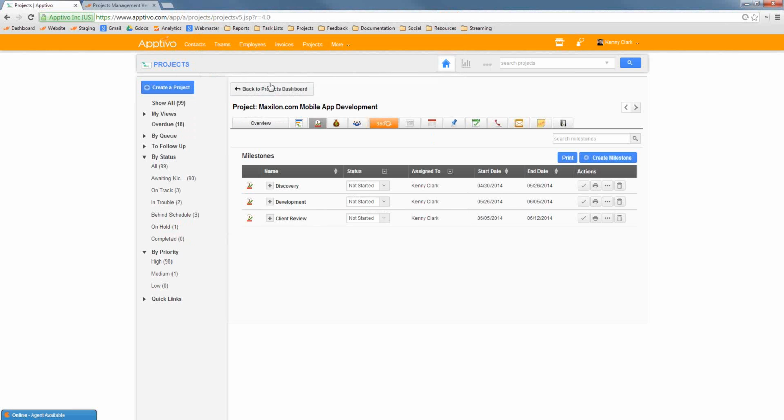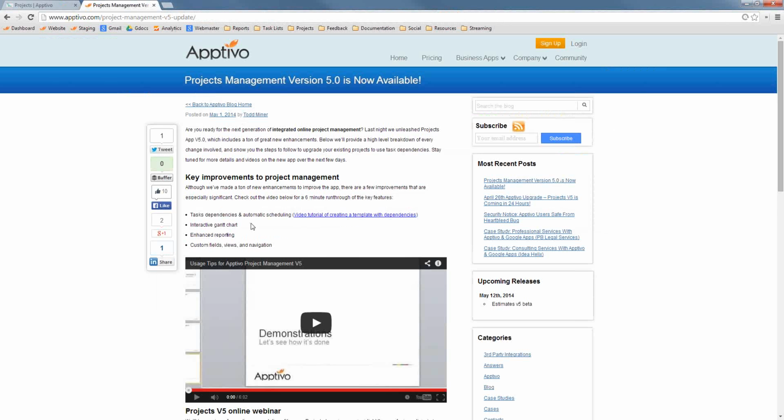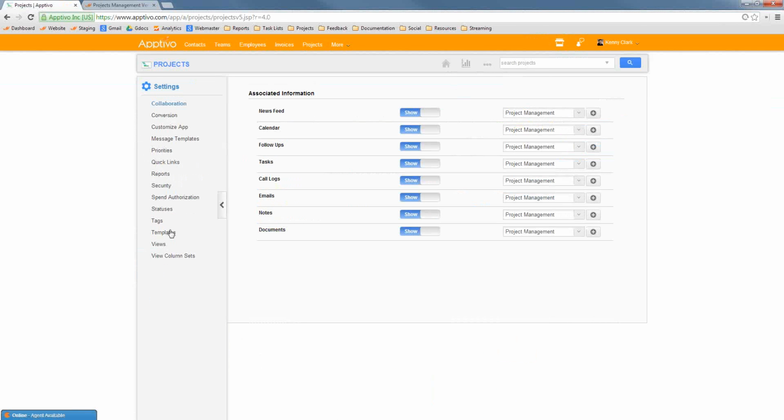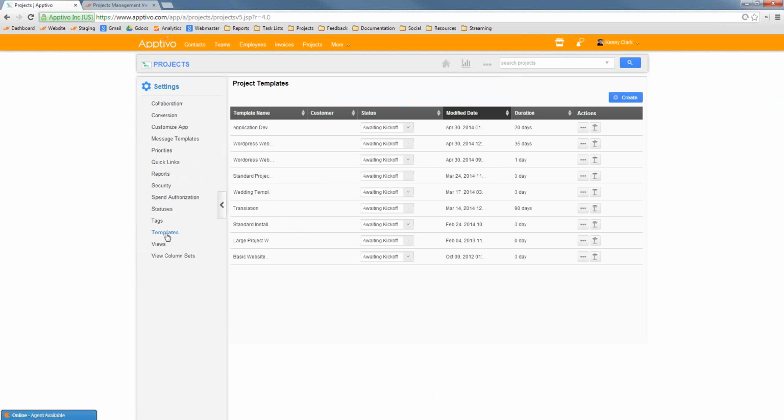Okay, so that is the Gantt chart and task dependencies. By far and away, those are the cornerstone of what Projects V5 is. If you are an existing user, there's going to be a process of going through your existing projects and adding in these dependencies. And you'll see that they definitely integrate with the templates. So absolutely, I'd recommend this is one of the first things you do to get a feel for Projects V5